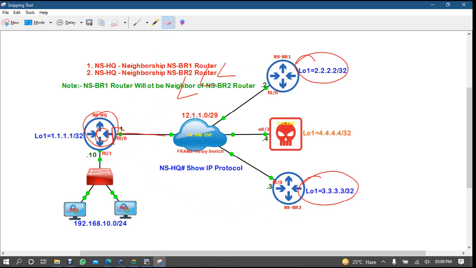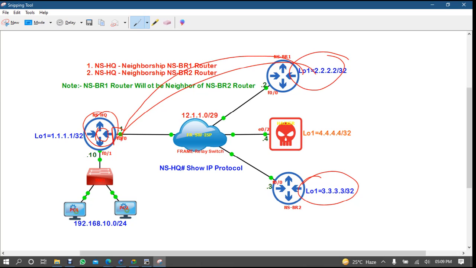So the split horizon rule says that whatever update I am receiving, see this 2, I am receiving from branch 1 on the same interface, and I would have to advertise this 2 again back on the same interface so that branch 2 can get this update.